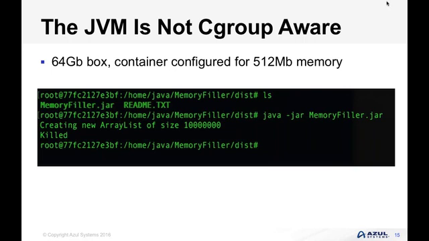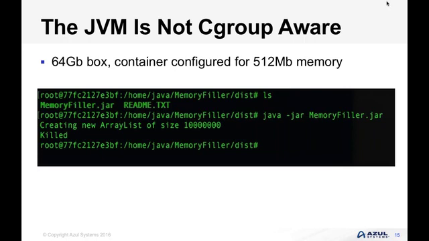If you use something like HotSpot and you don't specify a heap size, it will use ergonomics and, in this case, would allocate a heap size of 1 gigabyte. If we run an application here, and I created a little application that basically just filled up an ArrayList to make it bigger and bigger to see what would happen if we went over 512 megabytes of memory, this is what happens. So we create a new ArrayList, okay, it goes off and starts doing things,